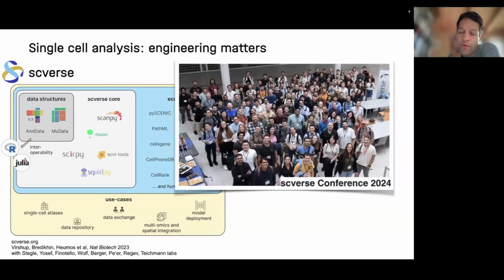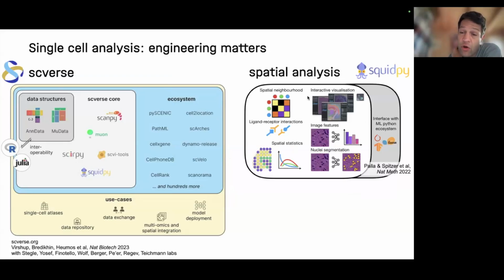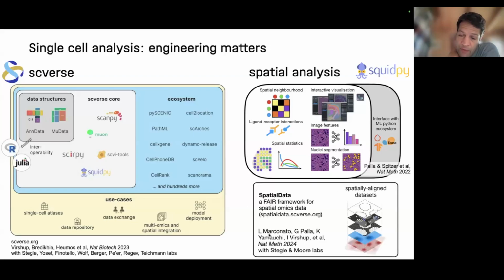And we've been doing conferences for that. We've been extending this to spatial omics, a big trend, Nature Method of the Year twice now in the past 4 years, where you can have spatially resolved single cell multimodal observations. You do some analysis in that. We did a quite popular toolbox on top of that. We came up with a FAIR data framework for doing this together with the Stegle lab and the Moore lab. And these types of tools, this engineering that lies at the back, is just so important, so that your lab can share these things, but also your partners have a standard thing to then do stuff upon.